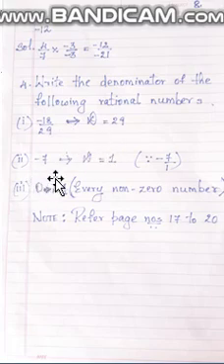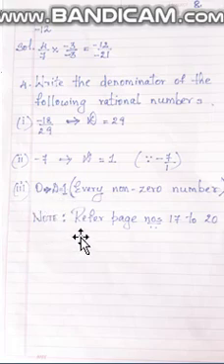Then minus 7. We have to write the denominator. No number in the denominator means we take it as 1. So denominator is equal to 1. Then 0. The denominator here is 1. Again there is no number, so we can write it as 1. The denominator is equal to 1, or it can be every non-zero number. It can be every non-zero number here in the denominator. Here we can write it as 1 also.